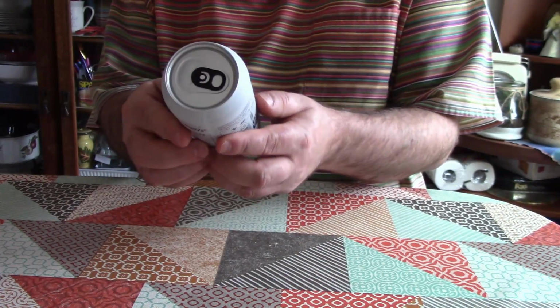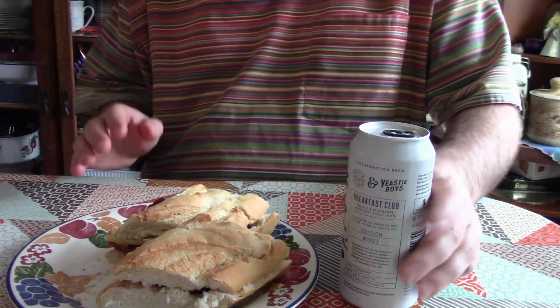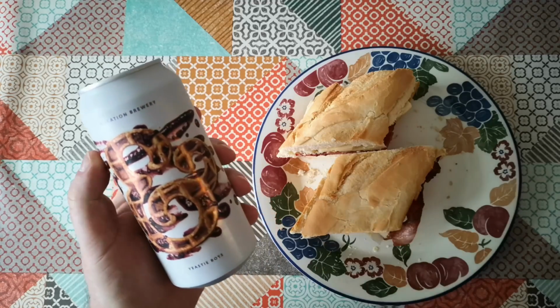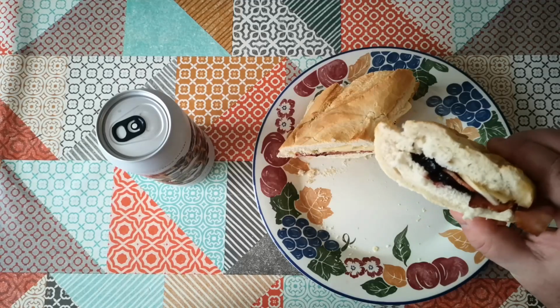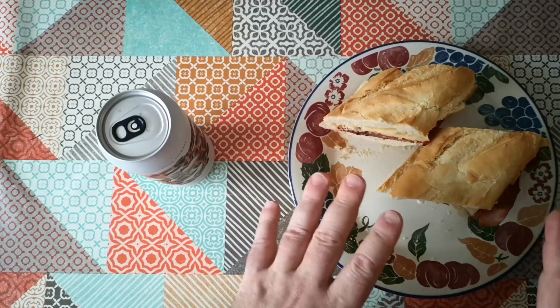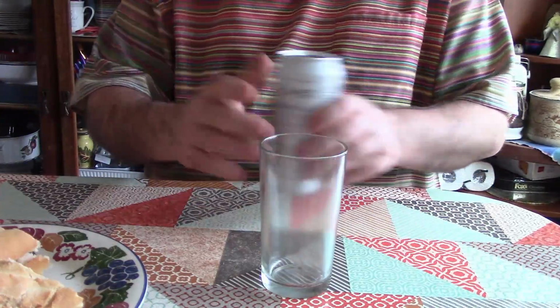Well, I've got high hopes for this, as I say, and I'm going to have this alongside my breakfast, which is really more of a brunch. Actually, it's about 11 o'clock, so I did think about having this for breakfast, but I thought breakfast might be a little bit too indulgent even for me. So I've got this with my breakfast or brunch, which is a bacon, cheese and cherry jam sandwich. If you don't know how good that is, I think you need to try it. Anyway, let's pour this out